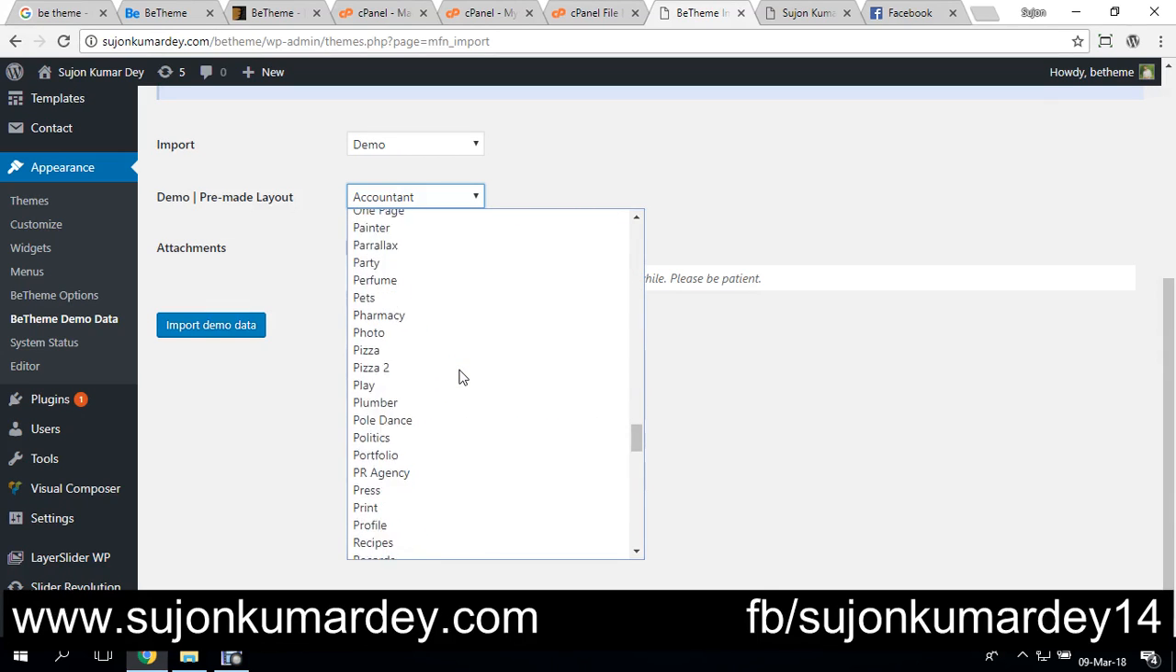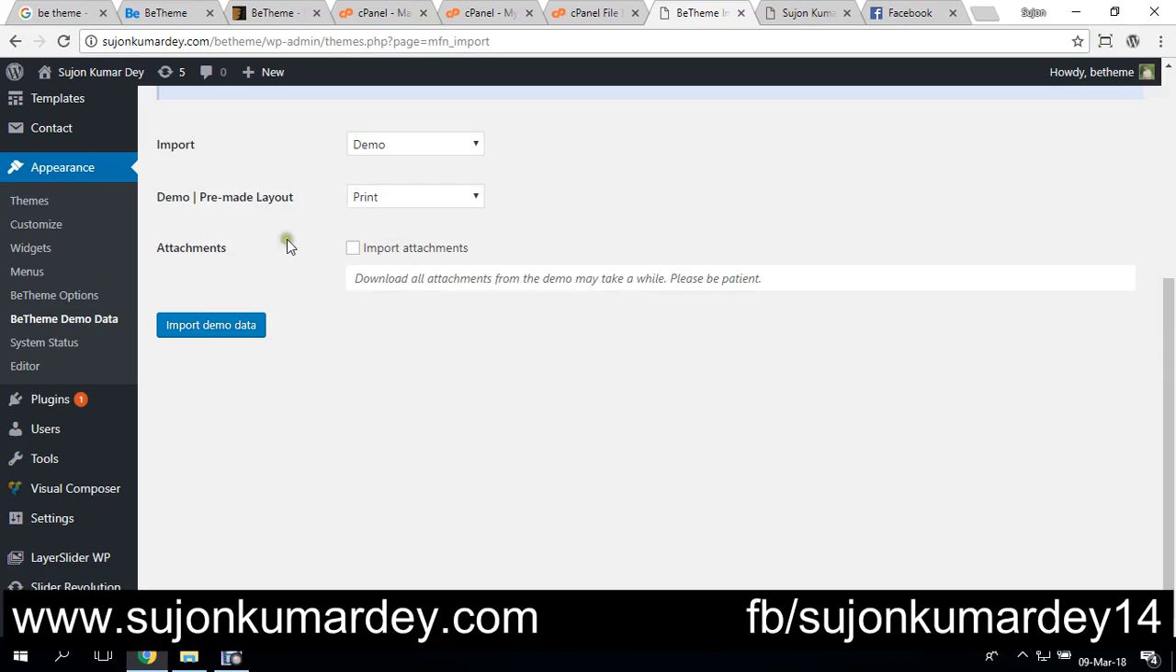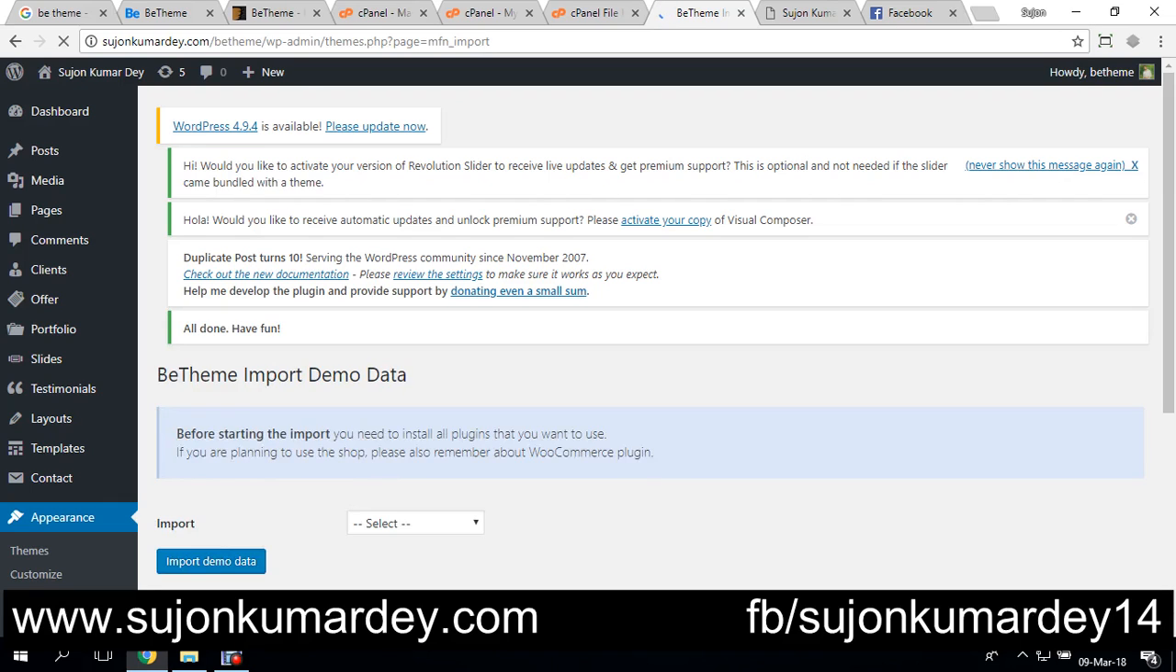Okay, print and check it. Import attachment and import demo data. I click here. Now I wait for the demo upload to complete. When the demo upload is completed,